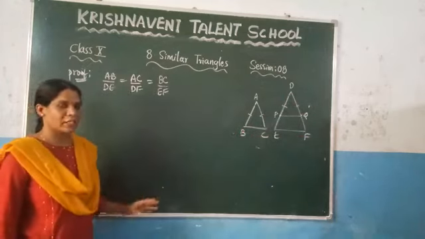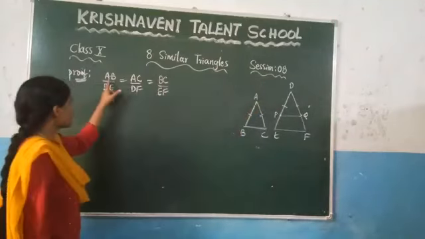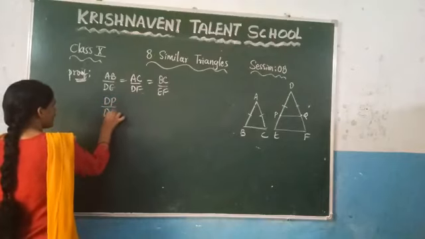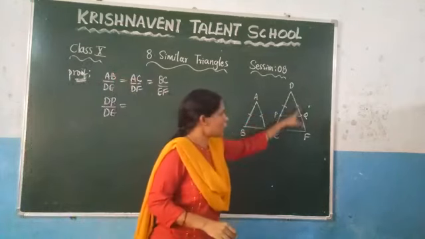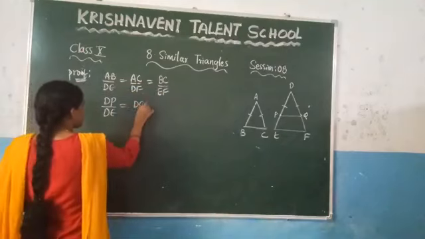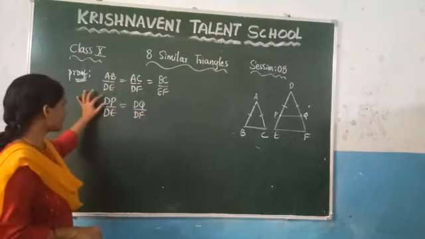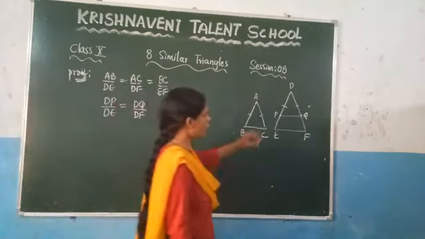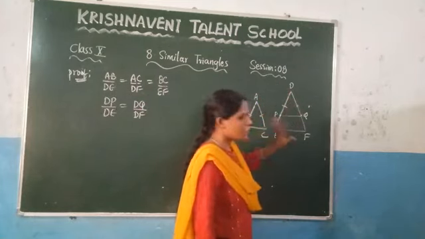But what we have done here, we have chosen the point such that AB is equal to DP. So in place of AB, write DP. So write it here, DP by DE. AC is nothing but DQ by our construction. So here in place of AC, write DQ by DF. Now here what we got is DP by DE is equal to DQ by DF. Now see here what we got, DP by DE is equal to DQ by this total length.